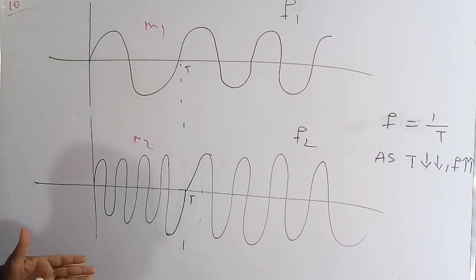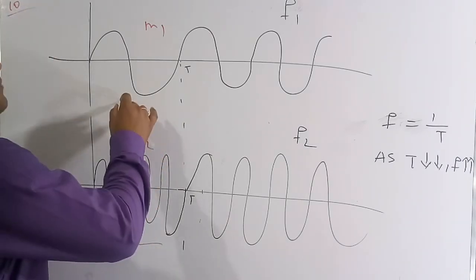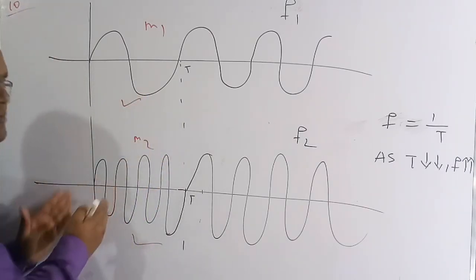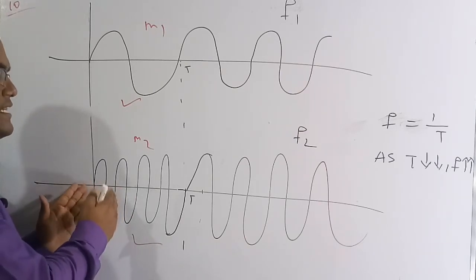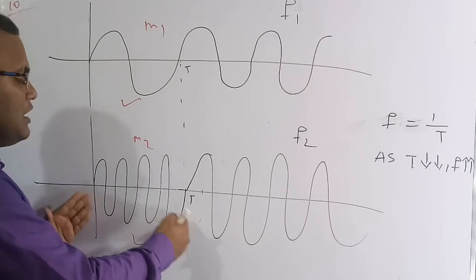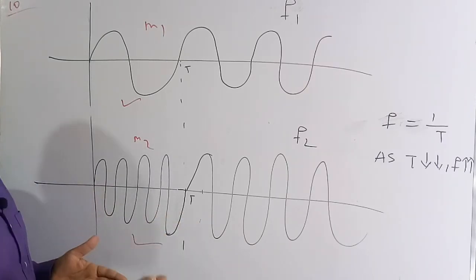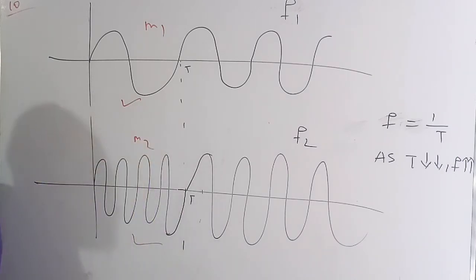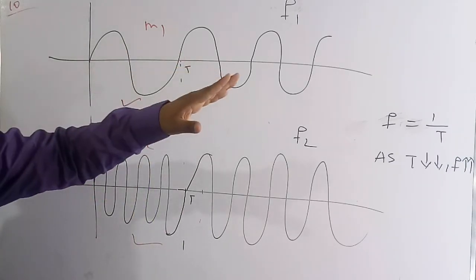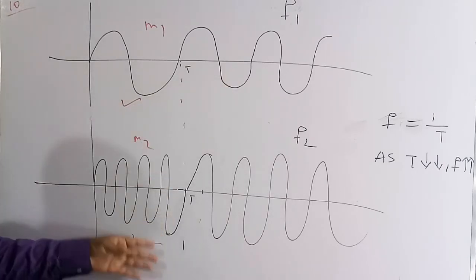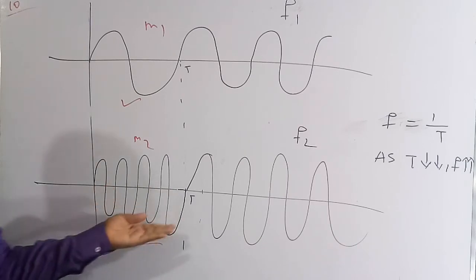If you see carefully here, the information which is transferred is more when compared to the previous case, because the time period of each cycle is less. Whenever the time period of each cycle is less, in time t the number of cycles are more, means the message which is transmitted is also more when compared to the previous case. In time t there is only one cycle, means less amount of message traveled, but here there are 4 cycles, means more amount of message transferred in time t.